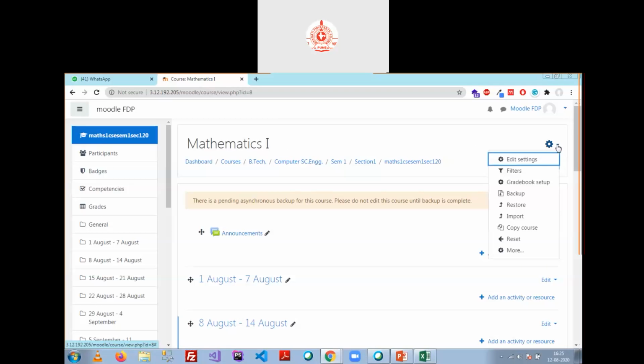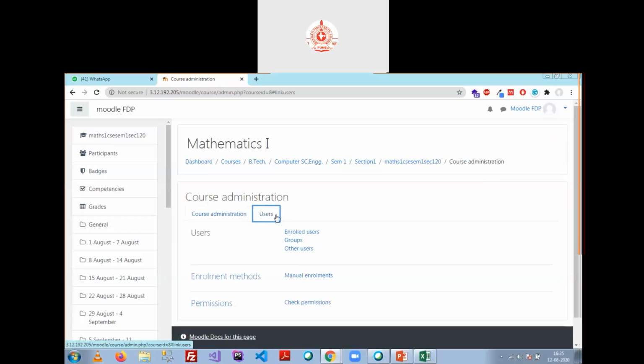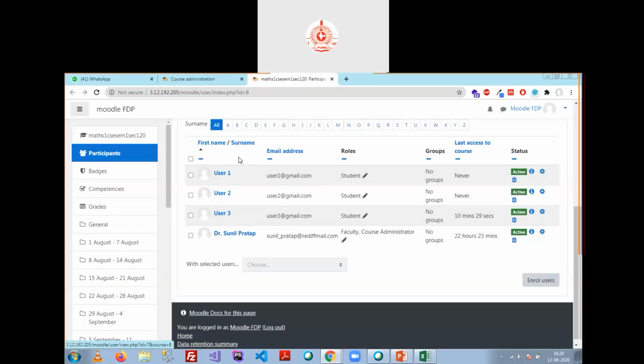When you click this gear option, it gives you another option called More. When you click on More, it offers you Users. This shows how users are enrolled in your course. Users are basically the enrolled users. Do you want to see how many users are enrolled in your course? Those are 4.